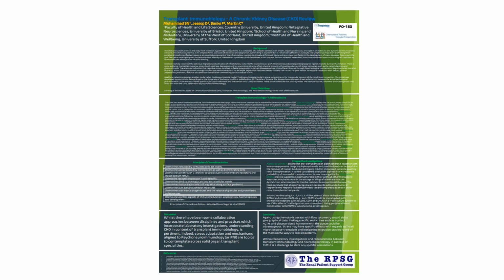This research poster also highlights a basis around the principle of chemokine action. So, for example, chemokines released by stimulated cells act locally in the context of immunology. Chemokines are produced by intrinsic cells as well as by infiltrating cells. Chemokines act through G protein coupled seven transmembrane receptors